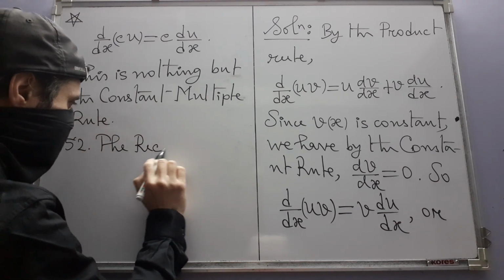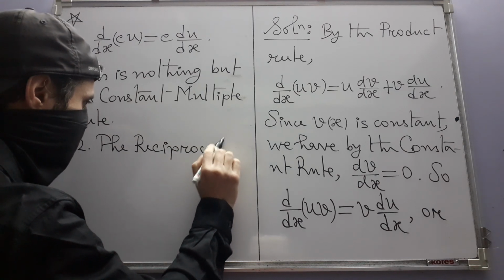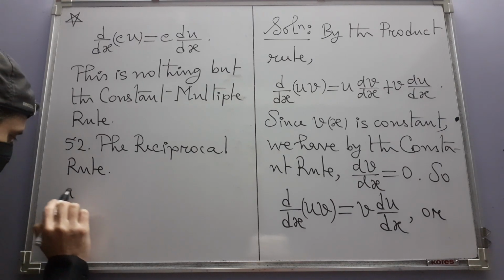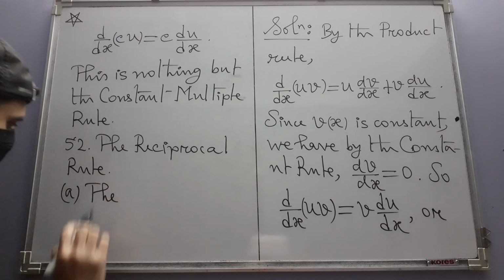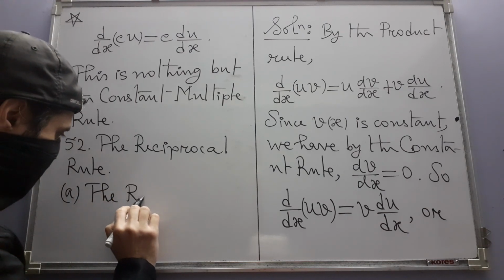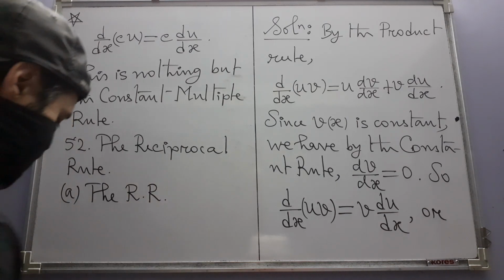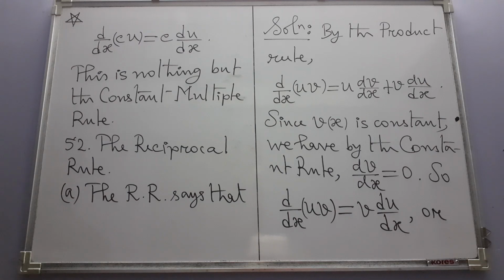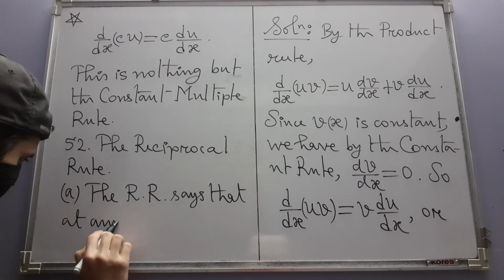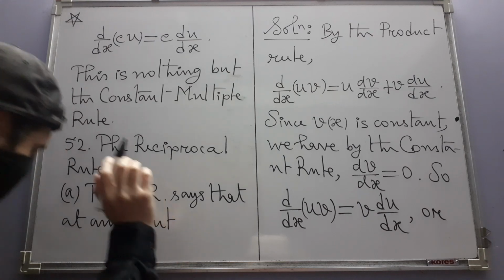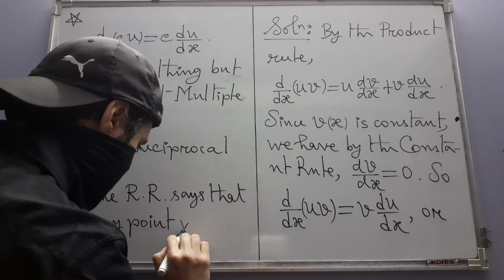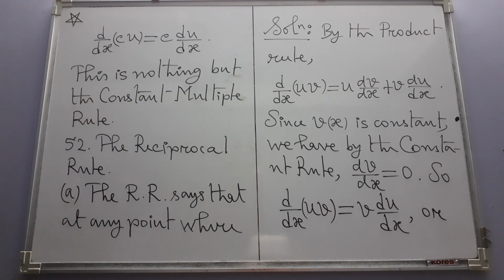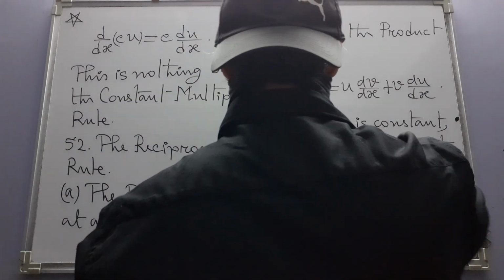It has a name also. The reciprocal rule. There are two parts. The reciprocal, let me simply write RR. The reciprocal rule says that at any point where the function v is differentiable and is different from 0 and is non-vanishing,